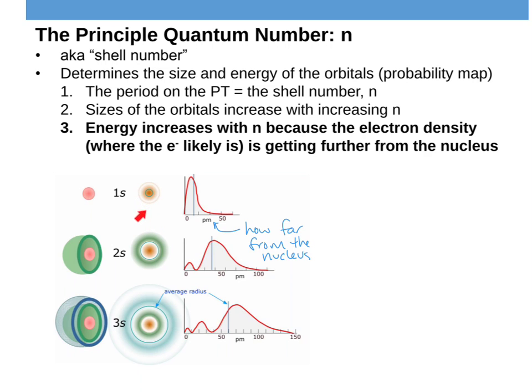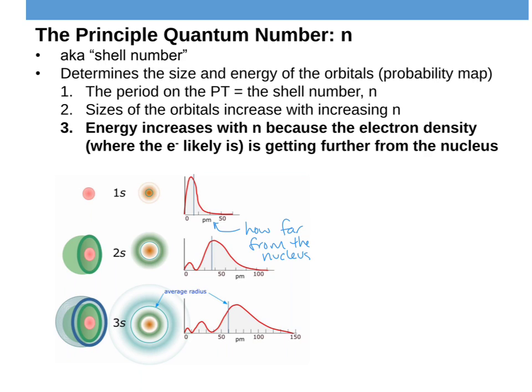So as you go through this, since the 2s is larger, you'll notice that the average probability of where you're going to find an electron is further away than it is for the 1s. And so that means this is higher in energy, right? There's more potential energy there. It's a little further away. And if you go up to the 3s, the average radius for the probability moves even further out. And so as you get bigger, your average radius moves further and further out.